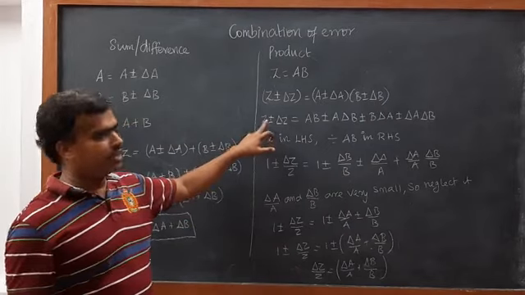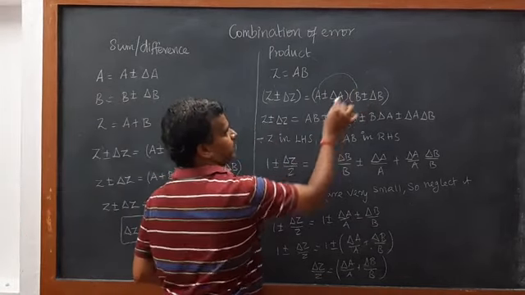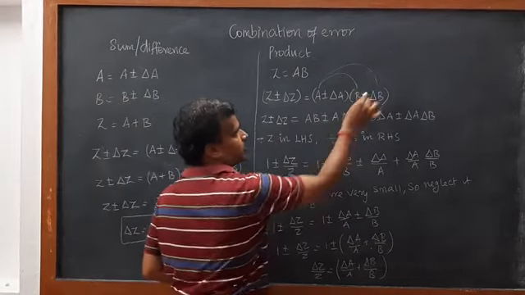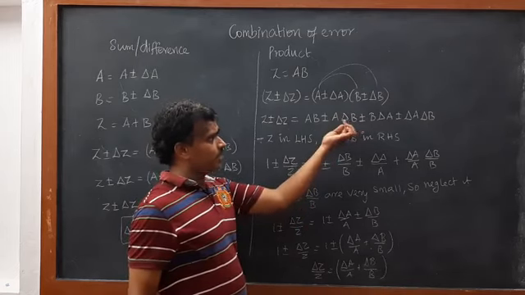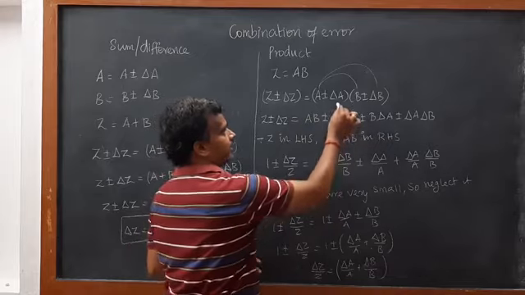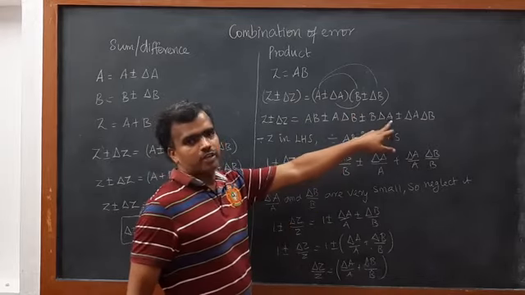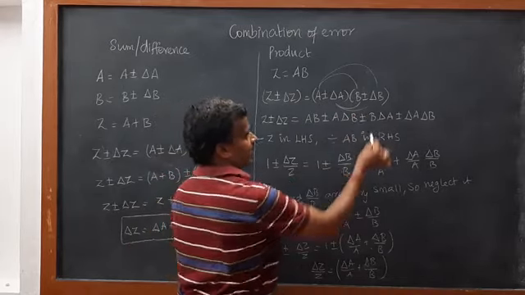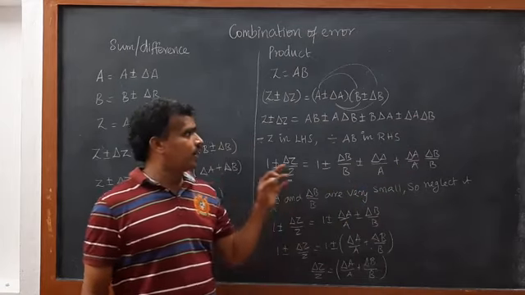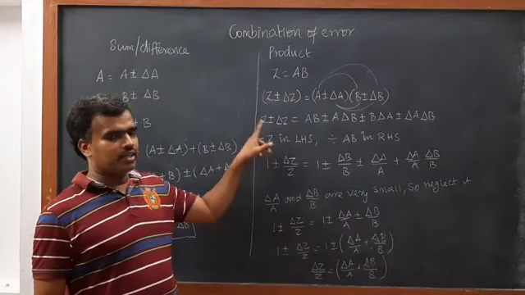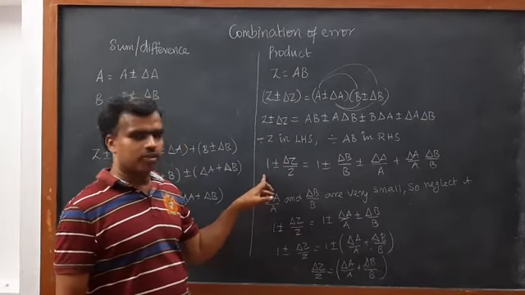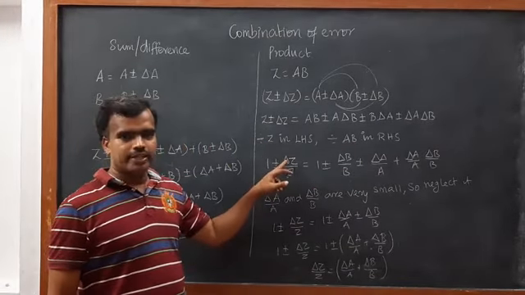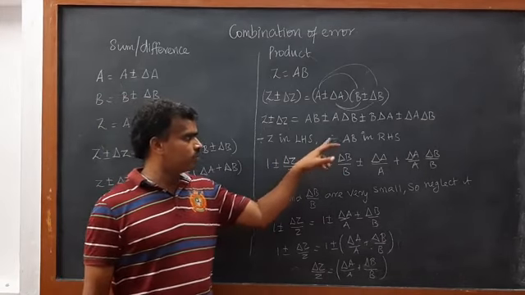So again we are going to multiply this component A into B, AB. So A into delta B, sorry, A into delta B, and delta A into B, B into delta A, and delta A into delta B, right? And on the left side we can divide by Z, and the right-hand side we can divide by AB. Therefore it will give 1 plus or minus delta Z by Z, that is equal to,